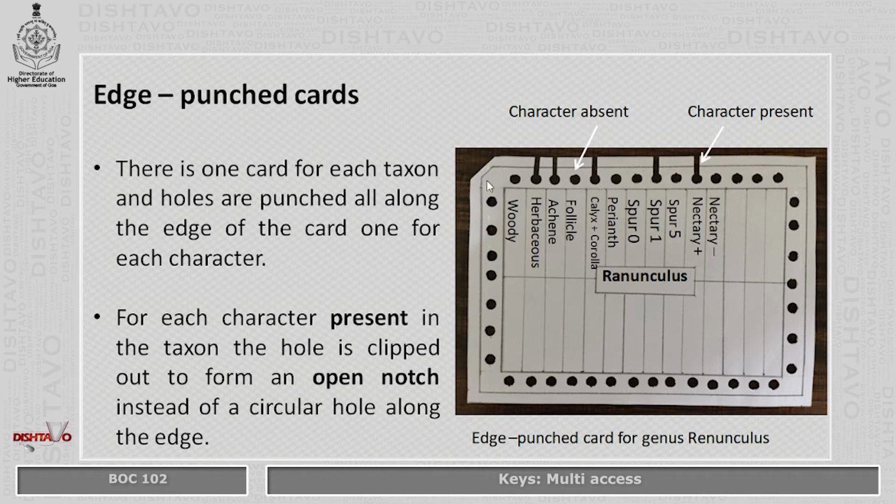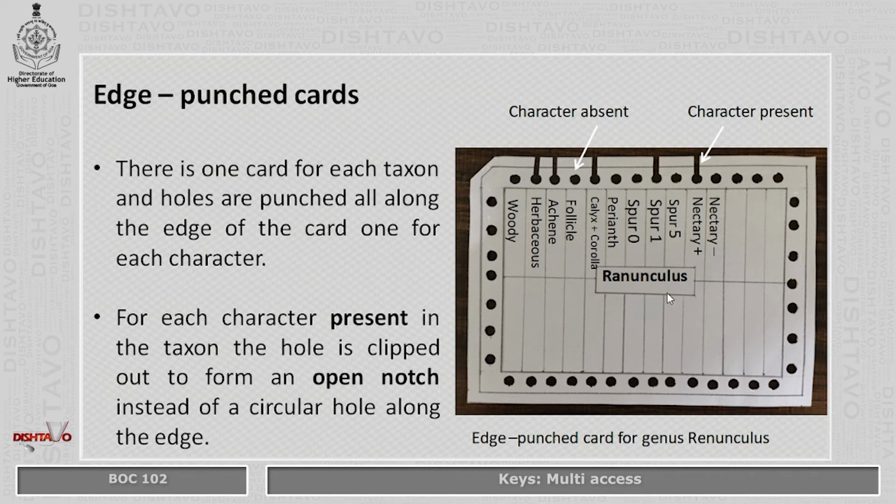In this case, you can see the holes punched along the edges, and the number of attributes or characters mentioned may vary. In this card, you can see some attributes or characters mentioned, and this card is designed for identification of genus Ranunculus, which belongs to family Ranunculaceae.